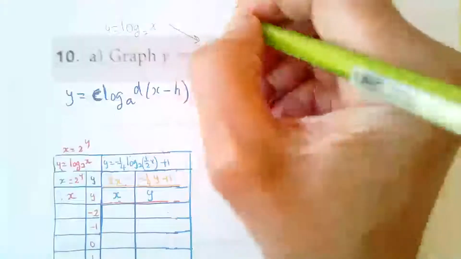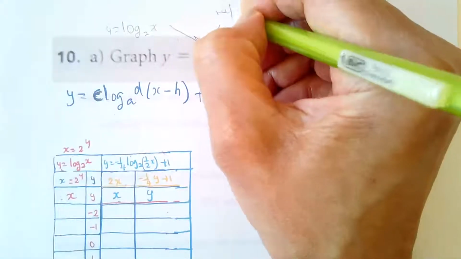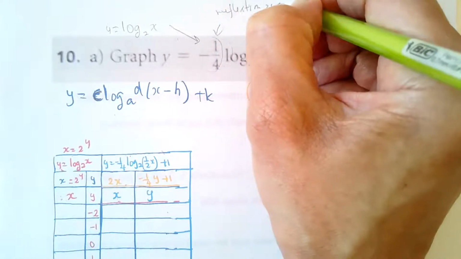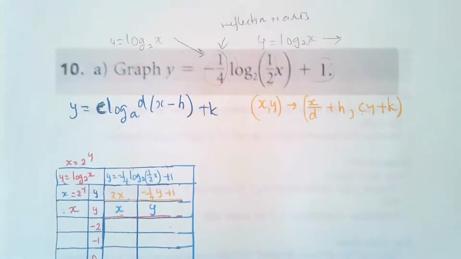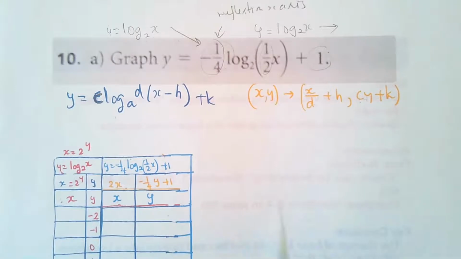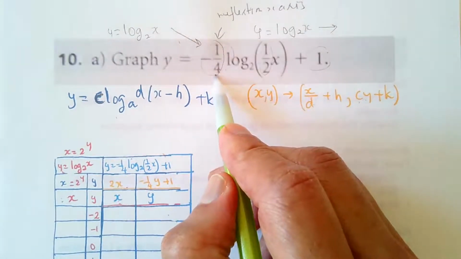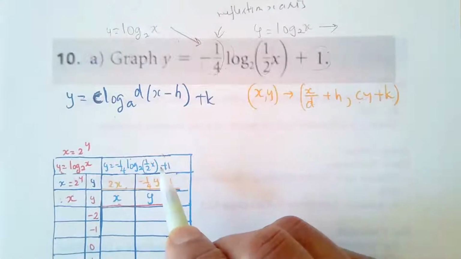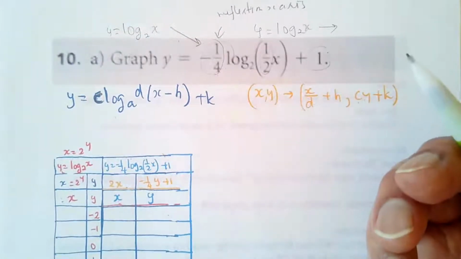But we also have a vertical stretch, which in this case would be a compression of a quarter. So we have a vertical compression of a quarter. So our C value, if you can write that down here,